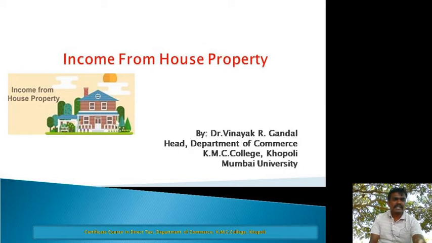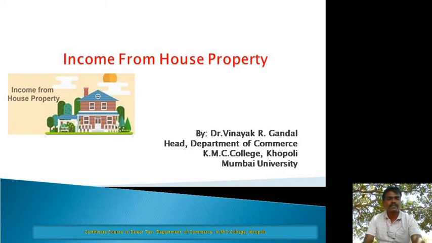Second is let out house property, means the house property which is actually let out to the tenant. Third one is house property used for own business or profession,